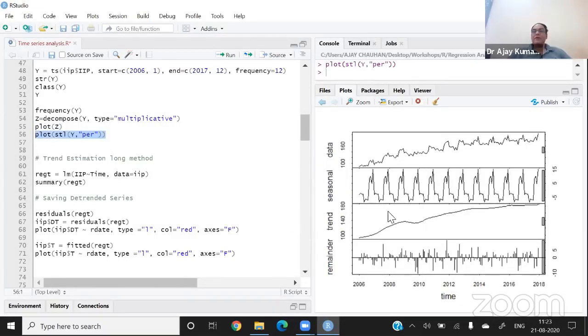This is another graph, another command, where you can see different components. This is the data, seasonal component, trend component, and the remainder. Remainder means the rest of the component. Most of the remainder component is irregular, and many times we want to analyze the regression model or the vector autoregression model. So there are different types of econometric models in the time series, like the Kalman filter, Markov regime, wavelet decomposition, co-integration, GARCH models, and volatility models.